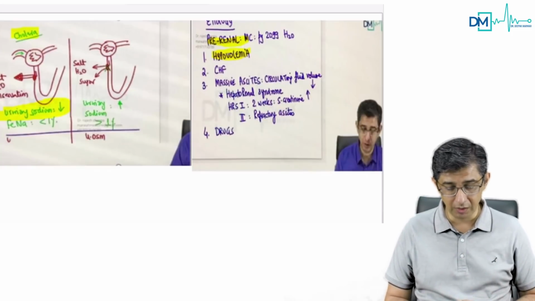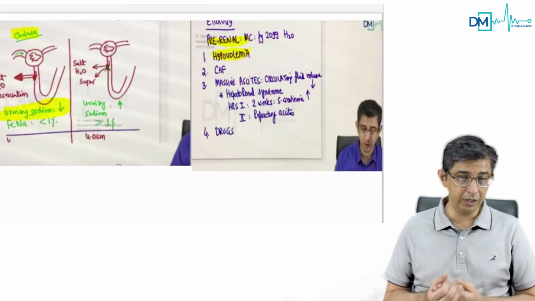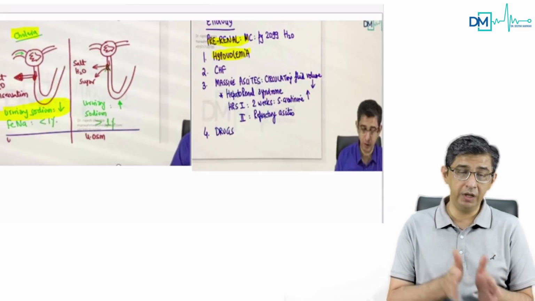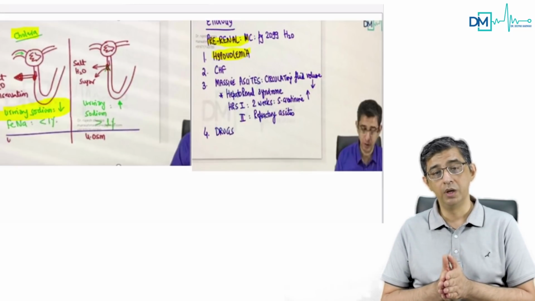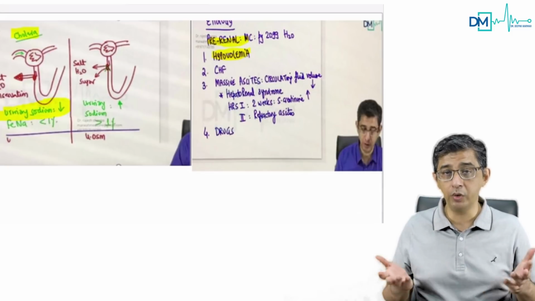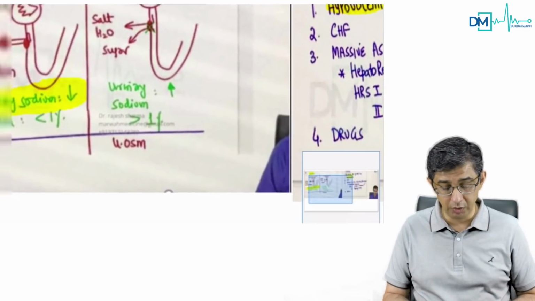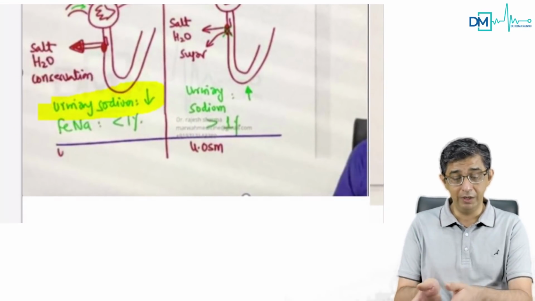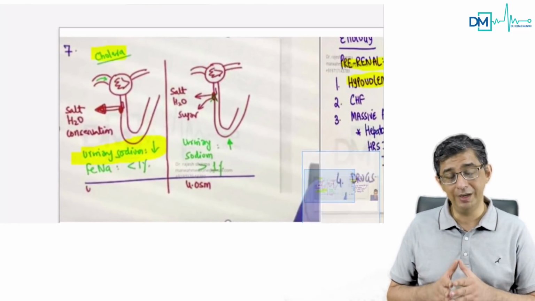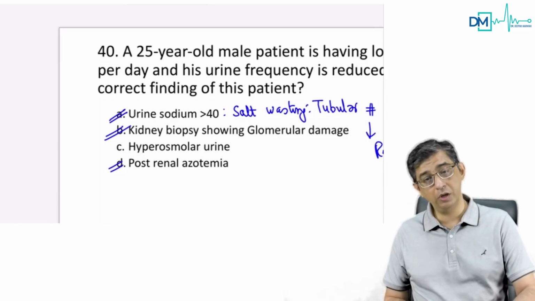In fact, I can show you an image here from the app which will make it more clear. I have highlighted hypovolemia as a trigger for pre-renal AKI, and second, I have highlighted a test to demonstrate whether it is pre-renal or renal, and that test is urinary sodium. If tubules are damaged, salt will not be absorbed, so high urinary salt will be present. That is why urinary sodium will be increased, or more than 40, whereas urinary sodium would be reduced in the pre-renal variety because the body will try to get back all the salt to conserve the volume. So whenever it's a pre-renal variety, you have a decreased urinary sodium. When you have a renal variety, you have a high urinary sodium, which rules out option A, on which a lot of you were confused.